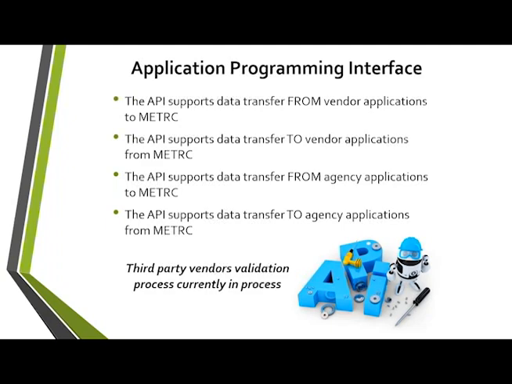So again, API, application programming interface, allows for two programs to talk to each other. We can take data in from them, or we can pass data to the vendors. They oftentimes will pull reconciliations. They'll do gets to make sure the inventories are matching in both systems. But they'll also post sales and different things like that. So that's the API at a high level. Any questions on anything so far?